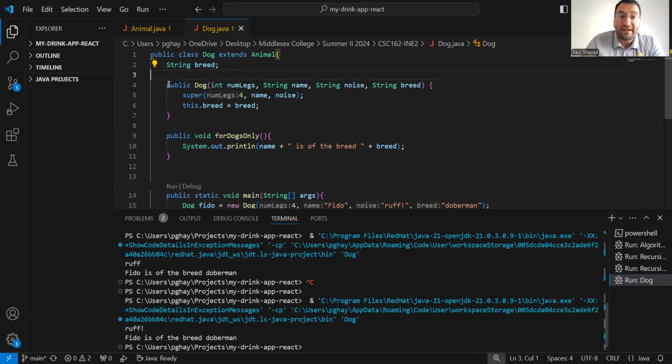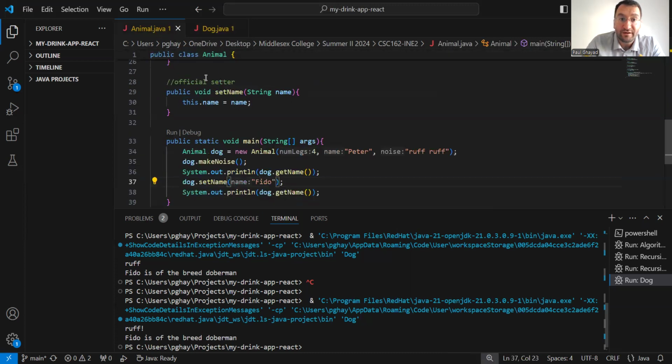On top of that, we can inherit all of the other properties from the animal class, the superclass, in the constructor for the dog class. And we do that using the super keyword. We know that all dogs have 4 legs, so I basically hard-coded the number of legs to be 4 in this definition here. And then what I can do is incorporate this attribute that is unique to dogs, the breed, using the same